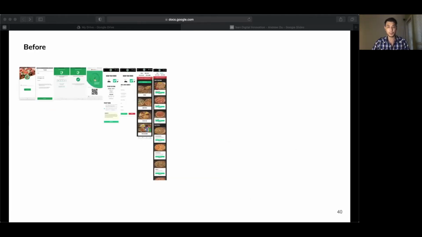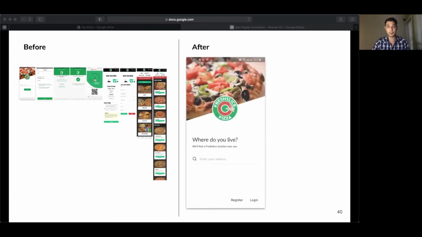And I'm going to show you what I did to actually make this a whole lot better, because this experience was so bad that I wanted to improve it and make it into a case study. So here we have before, 9 steps. Afterwards, as soon as you download the app, I'm not going to force you to log in, okay? Because that option is available on the bottom right corner and also with register.